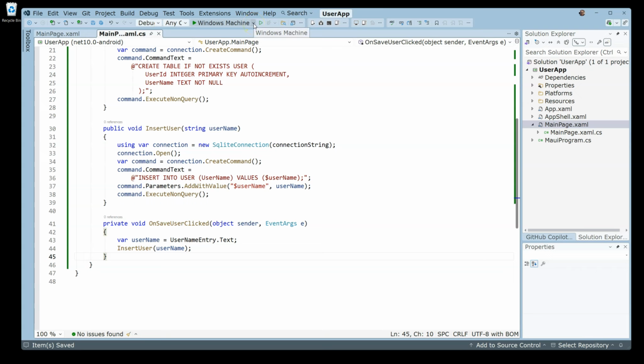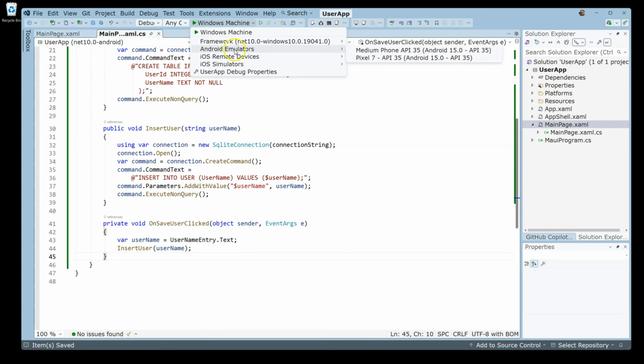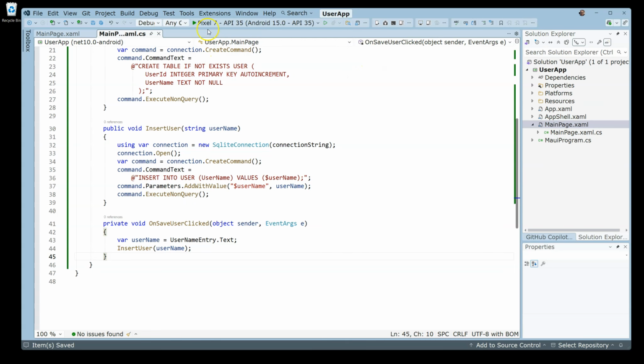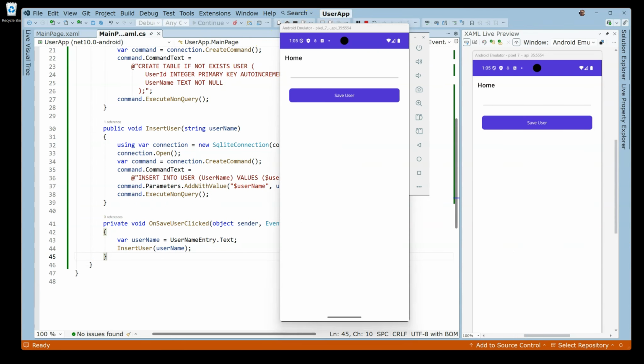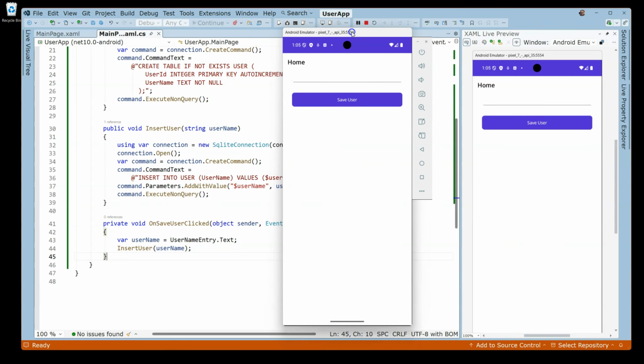I want to test it on the Android emulator, so then I just select Android emulators and use one of these default ones. I just select this one and click on the run button in order to open the application in the Android emulator. So after a while this Android emulator pops up, and here you see the user interface that we have